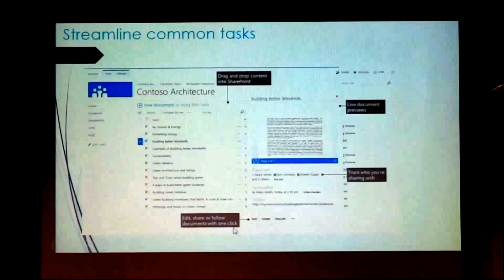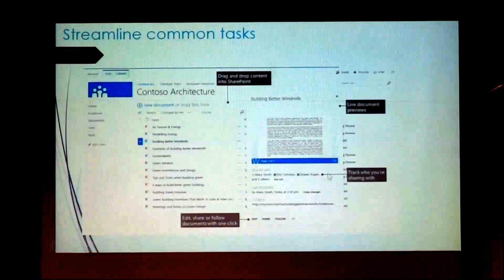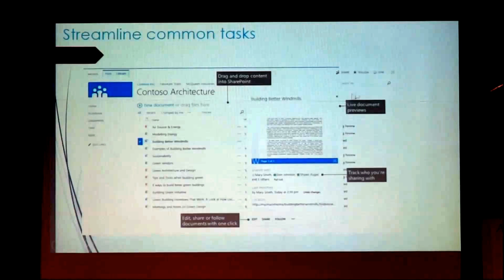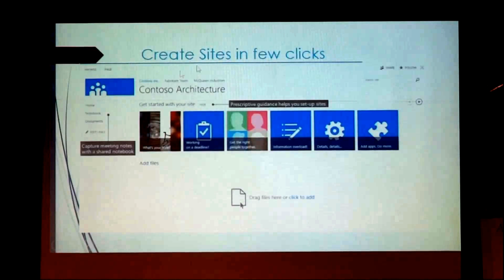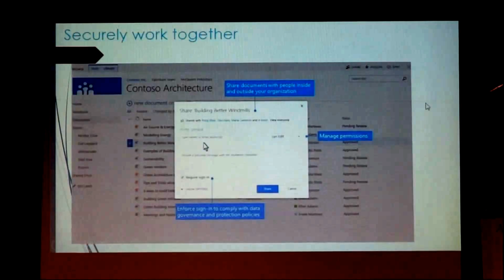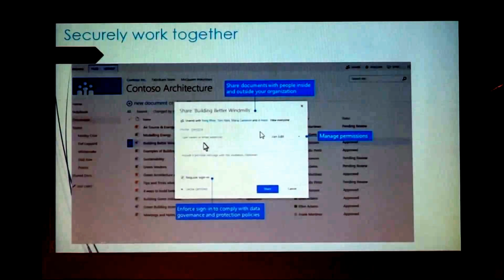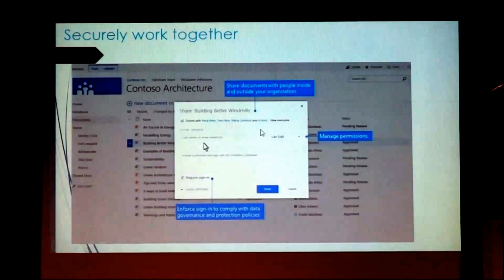Then we saw how we can edit a lot of information, who is sharing, what the people are doing, and live document preview. Then I also talked about the notebook, which is a personal note within the team. We can have one notebook. Then we talked about guidance for people, where you can remove this or start here. You can put a Metro UI on it. Then you can quickly share with people, assign a permission, or delete a permission. All these things can be done very quickly.